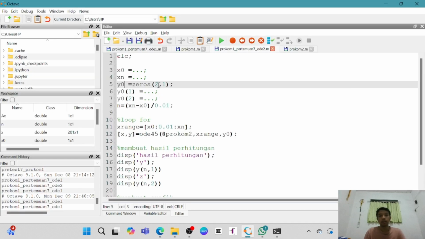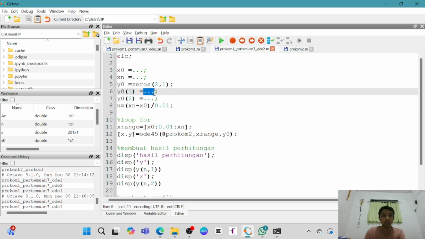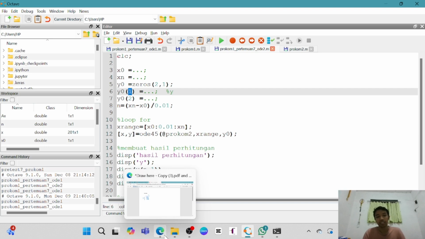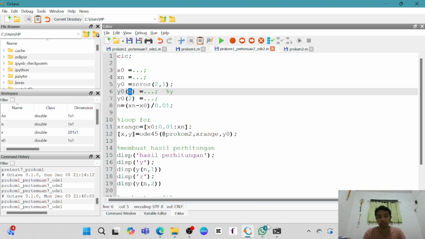Okay, after creating the matrix for the y0, we have to fill our matrix y0 with the values. This value is for y. The first row is for y.